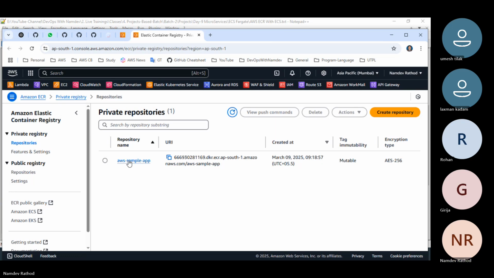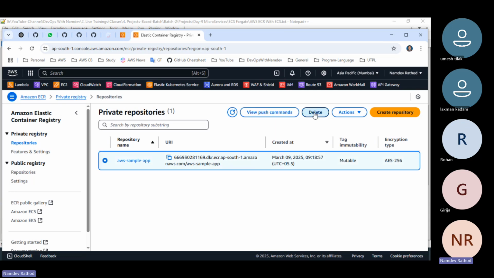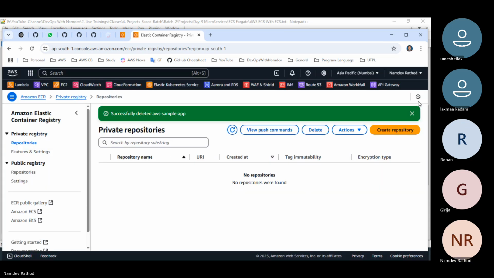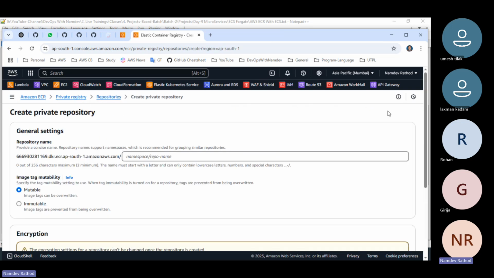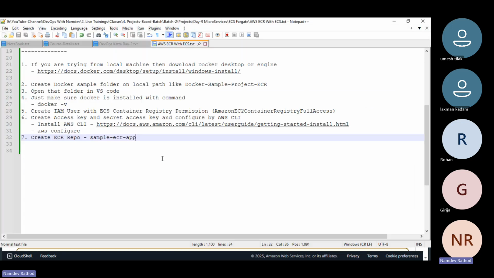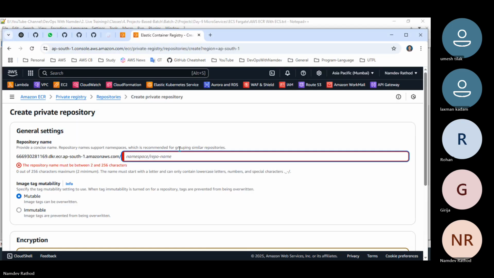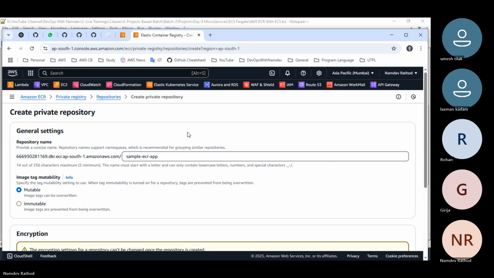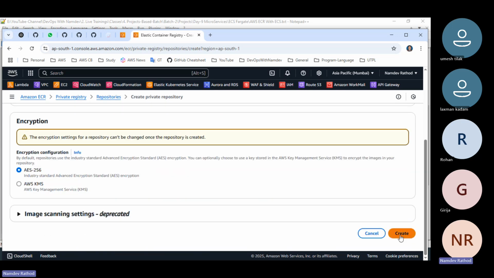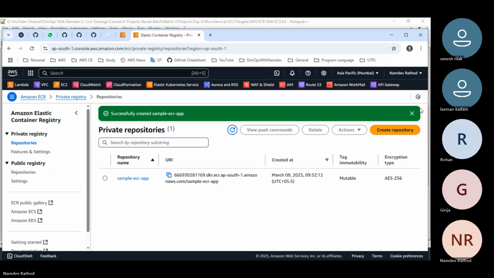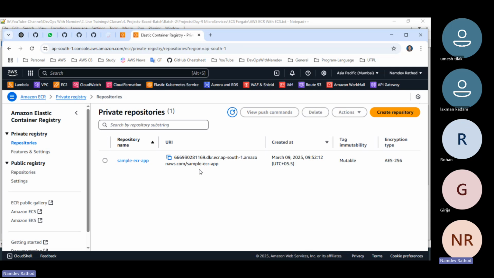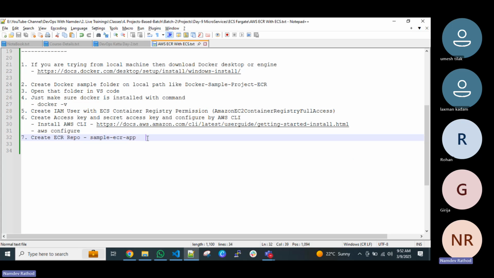Okay. I will delete this. Click on create repository. Give the name, what we have given is sample ECR application, right? Just add that and just click on create. So once you have created this, now the next step is